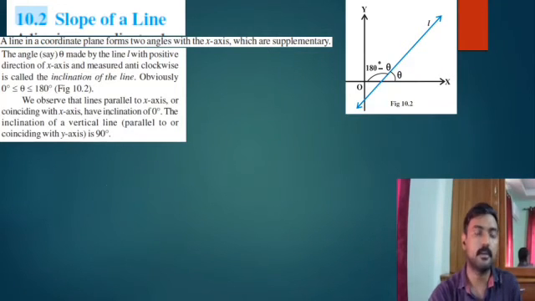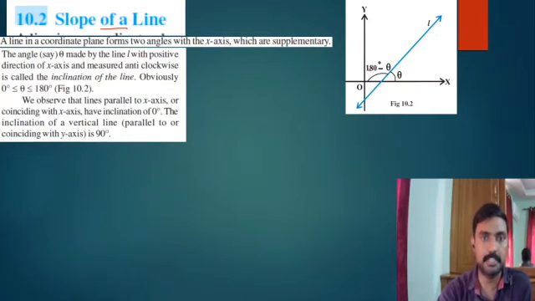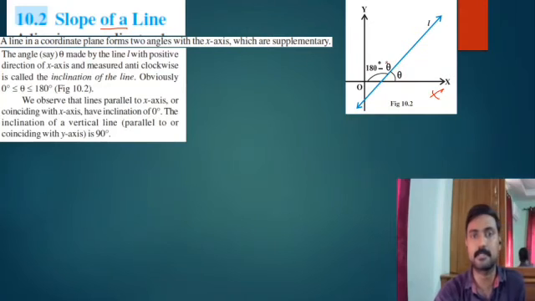Okay. Now we are going to discuss the slope of a line. Suppose we draw a line. Here the line makes an angle theta, which is an acute angle. So we know that it is not perpendicular to any axis and it is not parallel to any axis. Axis means this x-axis and y-axis. So it has a slope towards this x-axis. We can really see that from this figure.